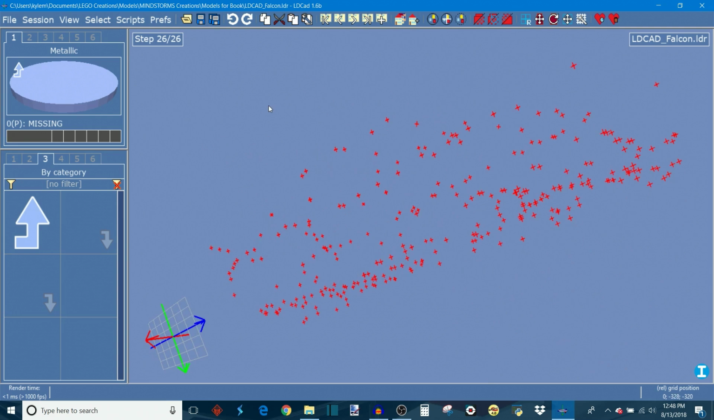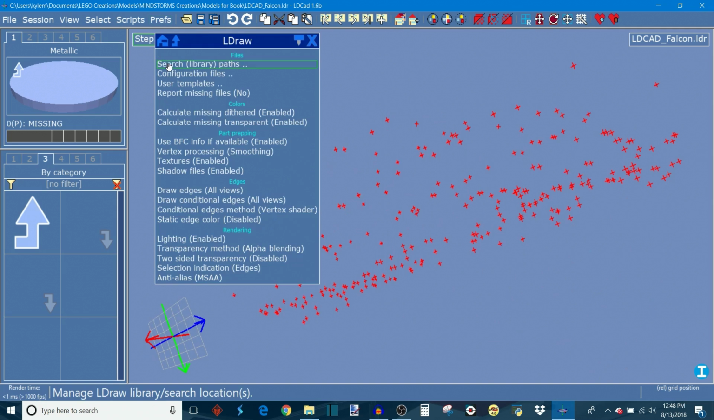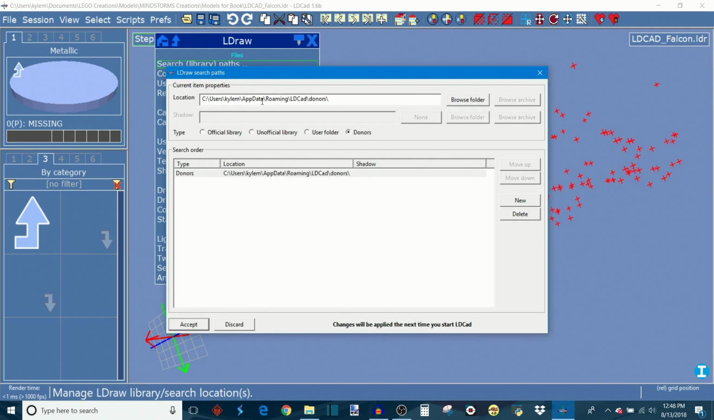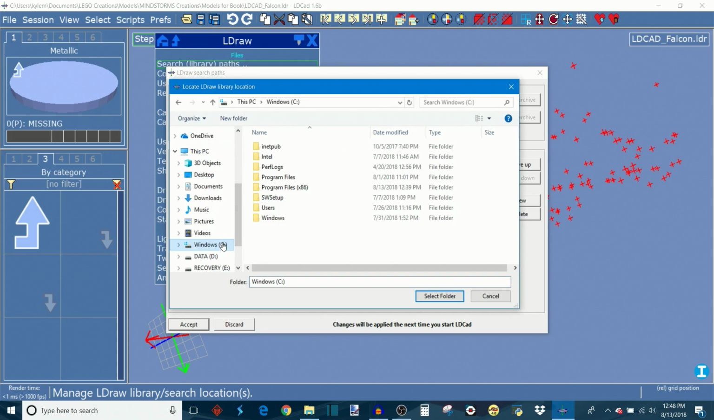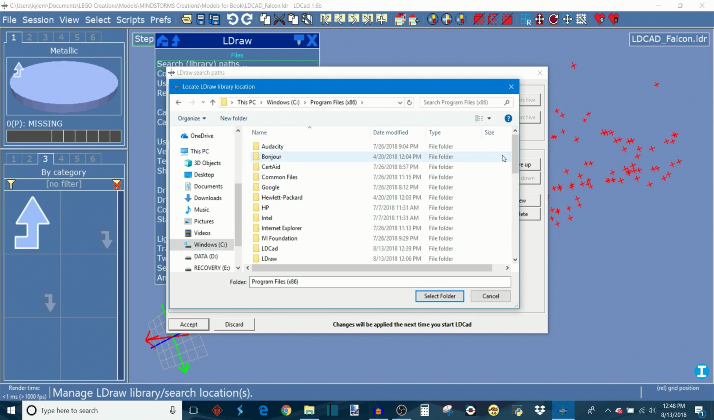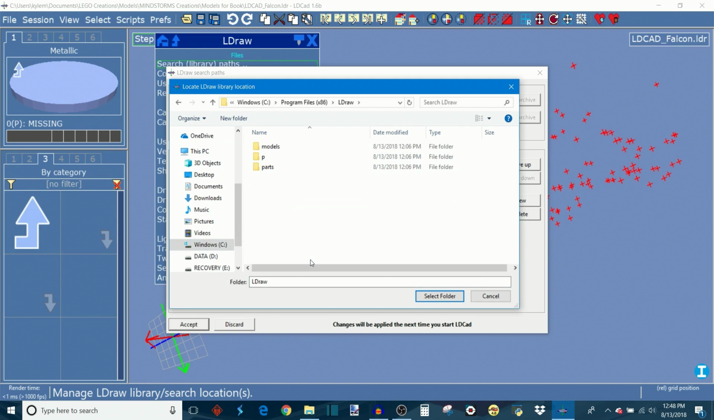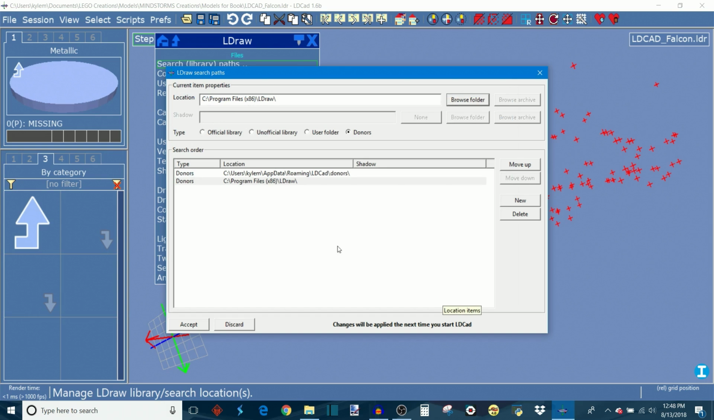So in order to select the LDraw parts library, you're going to go up to Preferences, go to LDraw, search library paths, and then we're going to make a new one. So we're going to click it, go to Browse, and we're going to go to where I saved the parts library. So in my C drive, Program Files, LDraw, and then just select that folder. And then you're going to click on it, make it the official library, and then once that's all done, click